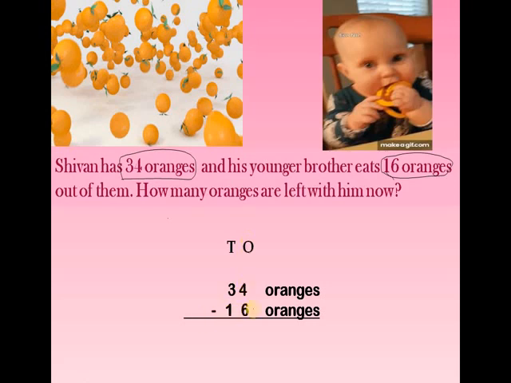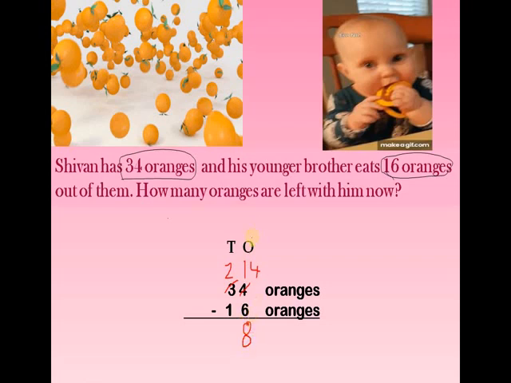So we'll read the ones number. 4 minus 6. Here the top number is smaller than the bottom number. So we need to borrow from the neighboring tens place value. In the tens place value we have 3, that is 30. So we'll cut it and make it 2, that is 20. And then we are going to cut this 4 and make it 14, 10 plus 4, because we are taking 10 from the tens place. So now this has become 14 minus 6. So 14 minus 6 is 8.